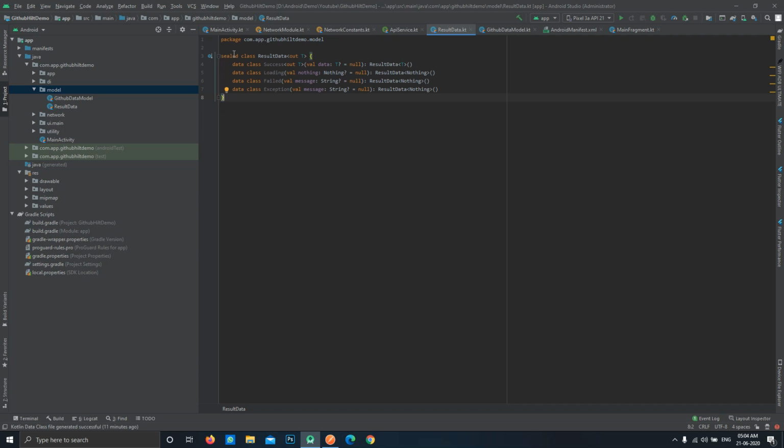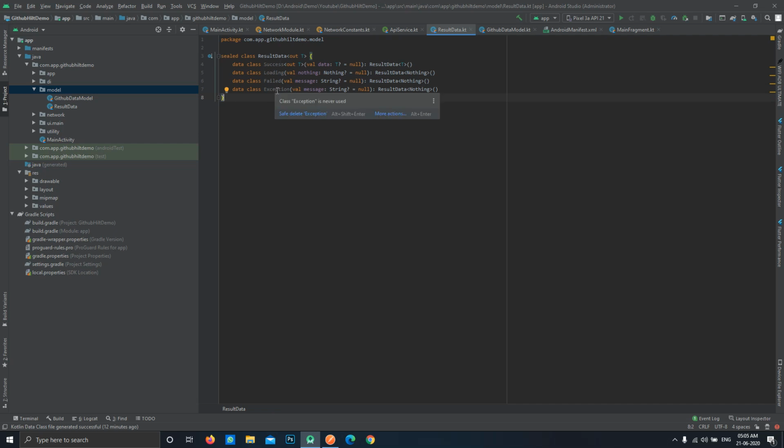If you have used enums in the Java language, then think of this as an enum, where you can define different types of statuses. This class also acts like an enum class, where you can define different statuses, and any of your logic can behave differently based on these status checks.